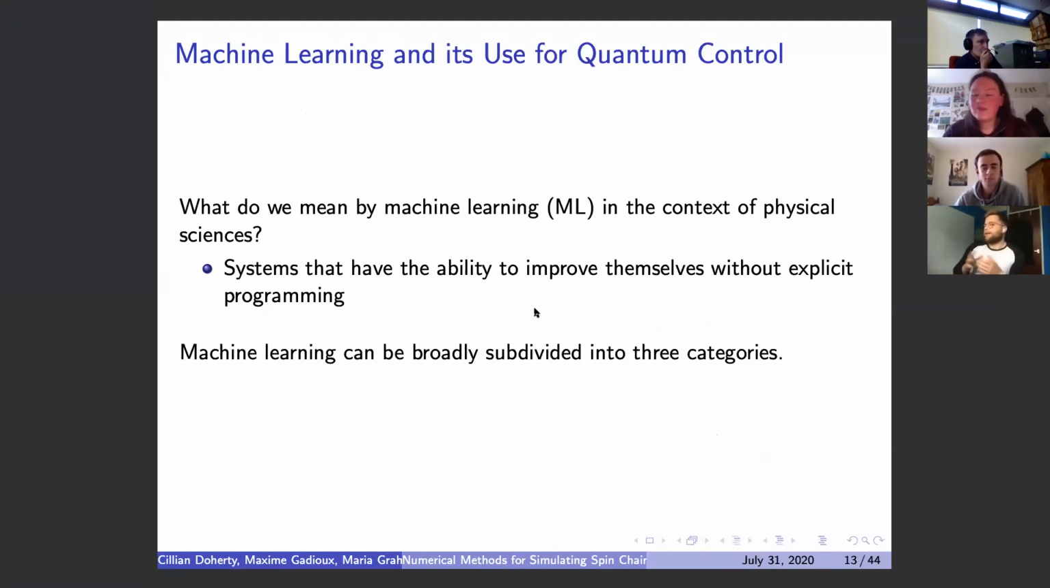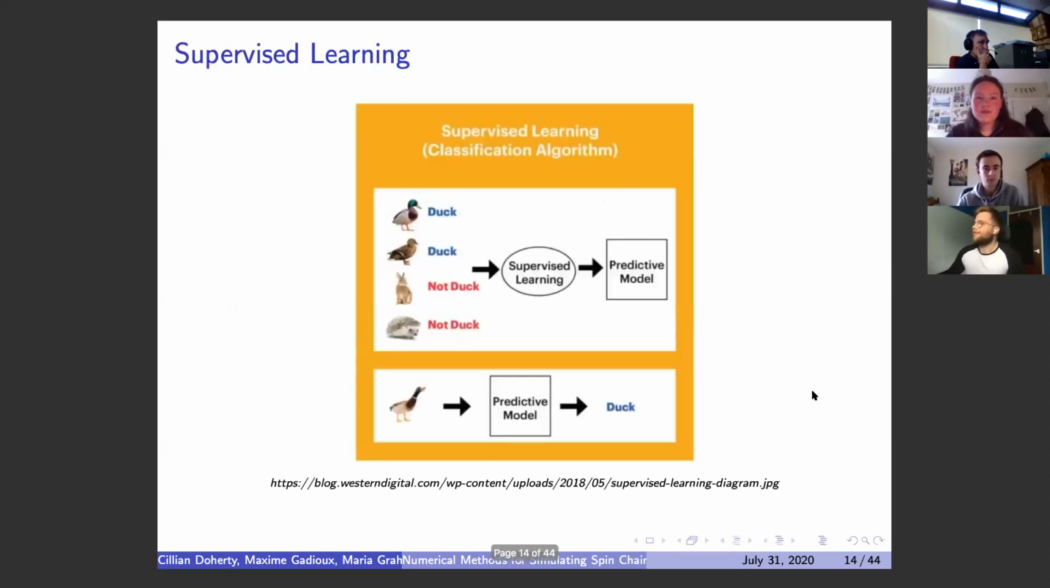So at a very basic level, when I say machine learning, I just mean a system that has the ability to improve itself and make decisions without explicit programming. And then whenever we talk about machine learning, it tends to be broadly divided into 3 different subcategories. So I have a few little cartoons describing this. So for supervised learning, which is probably what would be most widely recognized by people when